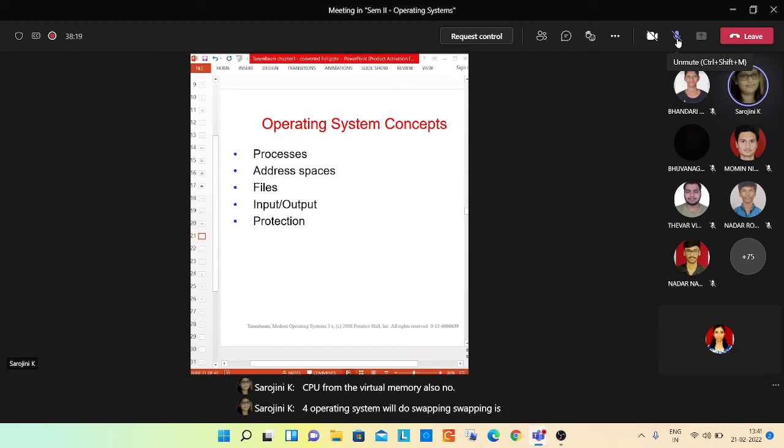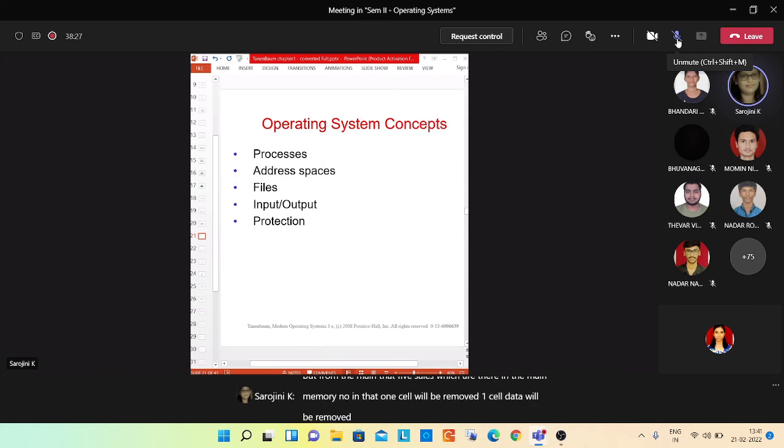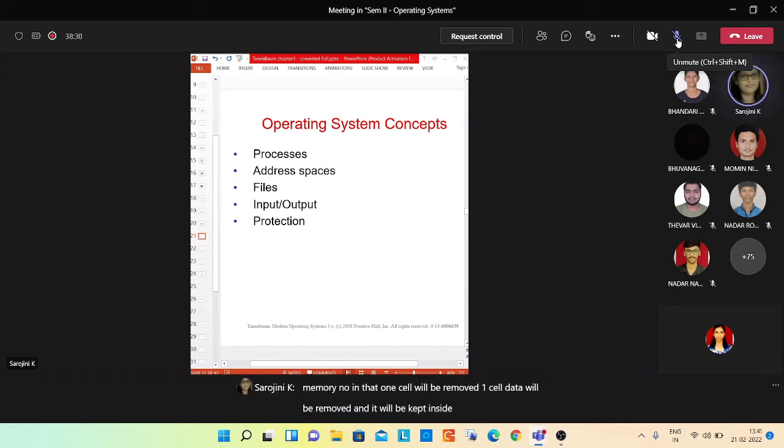Swapping is nothing but, from the 5 cells in the main memory, one cell's data will be removed and kept inside the secondary memory. And from the secondary memory, the data which is required to execute currently will be stored in one of the cells of the main memory.